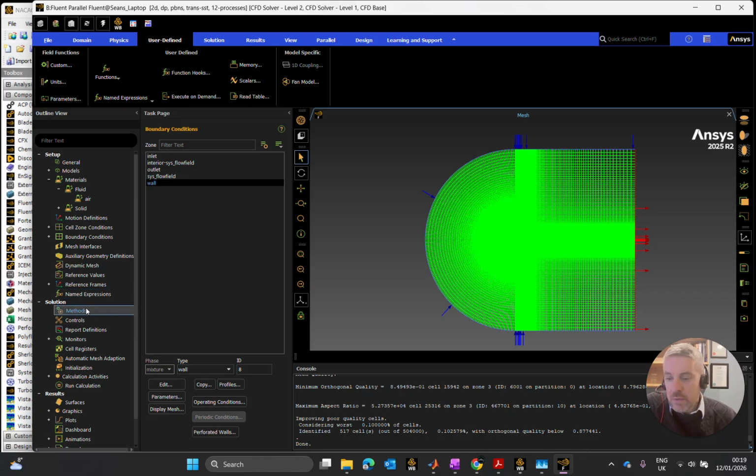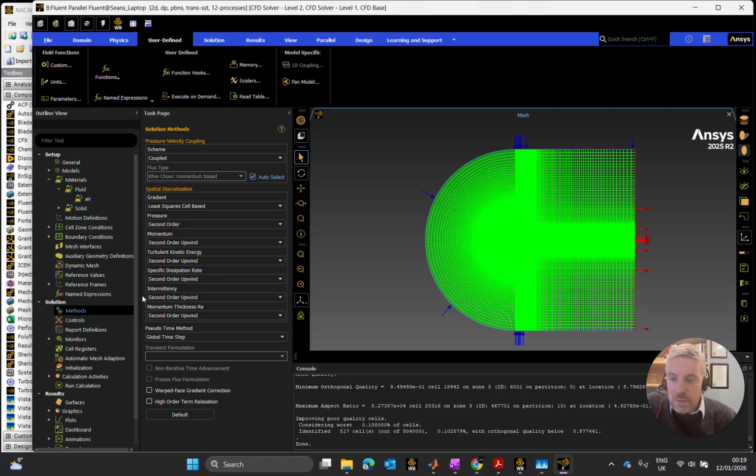The solutions now within the methods here. This is something to be looked at. Coupled is what's defaulted on this one here, pressure velocity coupling. So as we'd said before, what's solved at the center of these cells is pressures and velocities. And in a lot of cases, we use pressure to help us with velocity and velocity to help us with pressure. So that's kind of what the coupled scheme does. You have the SIMPLEC and the PISO scheme. Some of these schemes are maybe more stable for different